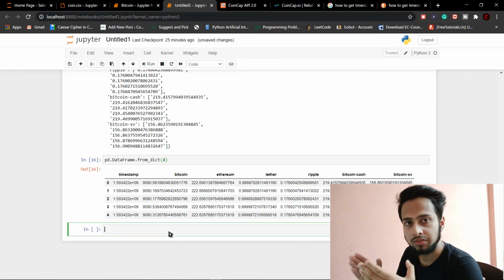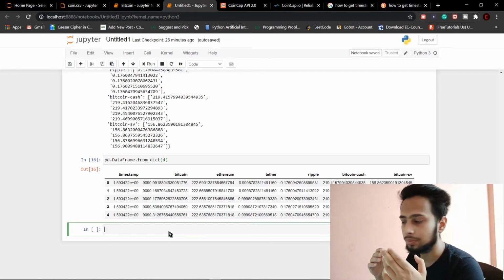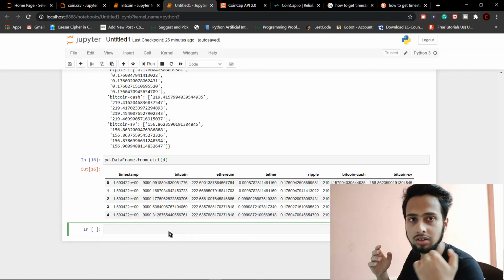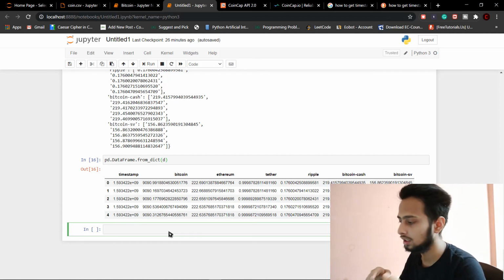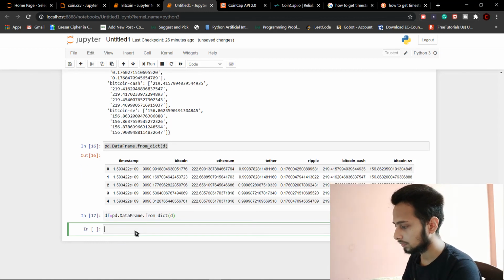But if you want to save this result, we can convert this into a CSV file, and it is too easy to convert a data frame to CSV. You just have to write df.to_csv and the name of the file. First, let me save this to a data frame: df is equal to this, and now our df has that data.